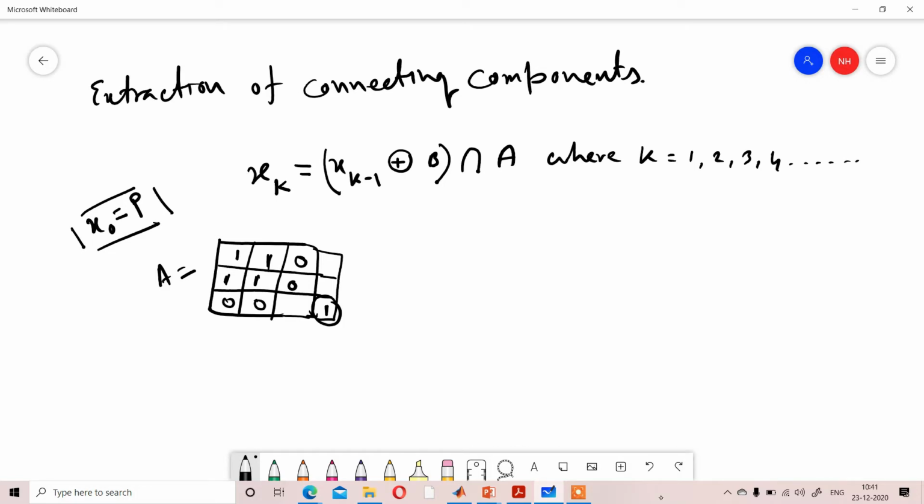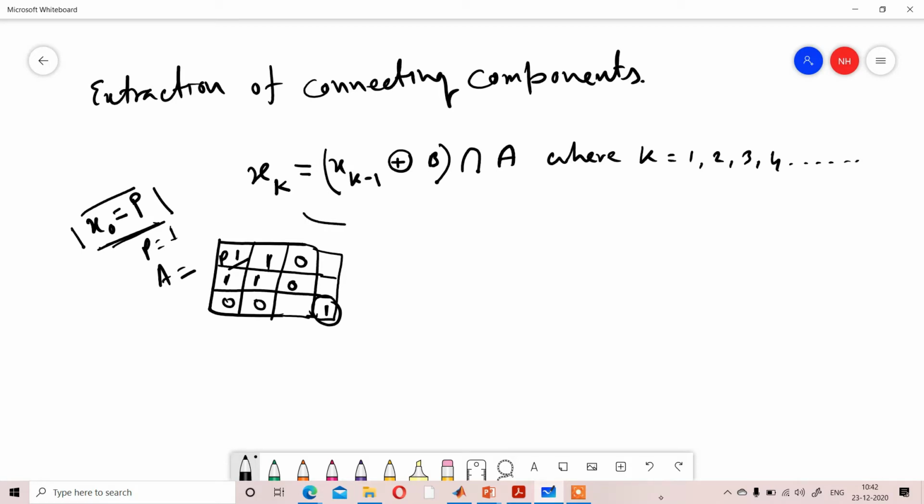In that formula, you have to consider any point over the image, and that point must be 1. Any point considered as p will be your X0. So you know the X0.